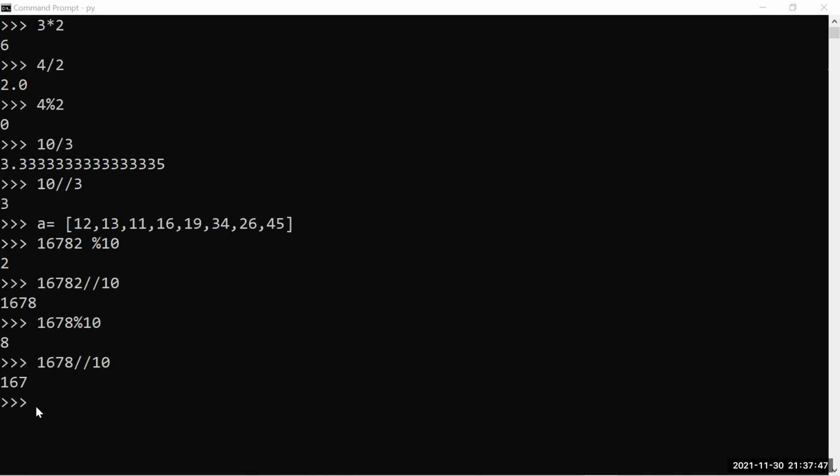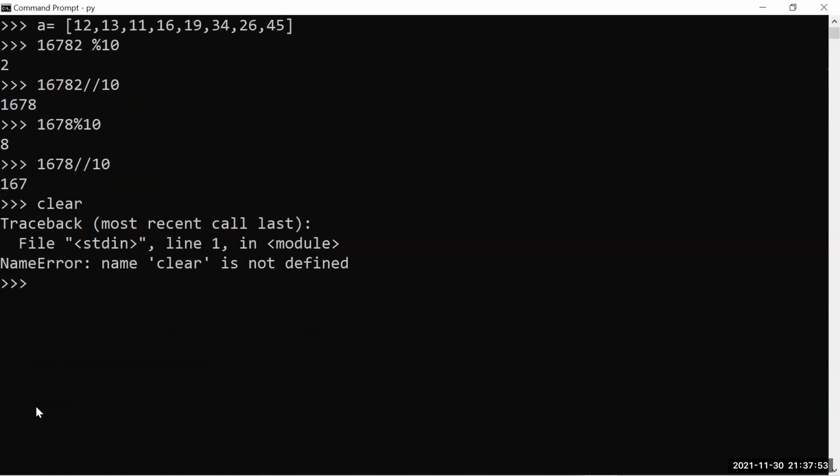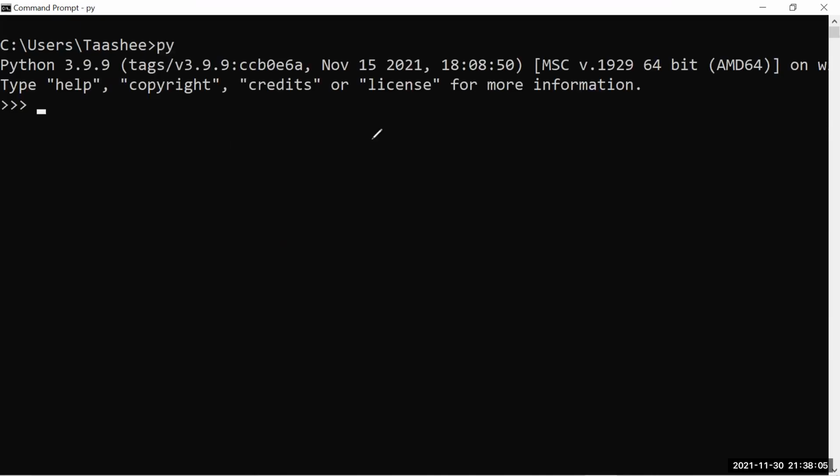Let's get back to the whiteboard and see how the Boolean operators work. I am clearing this. Exit, CLS. And let's say Python. New share, whiteboard, clear all drawings. So what have we seen so far?